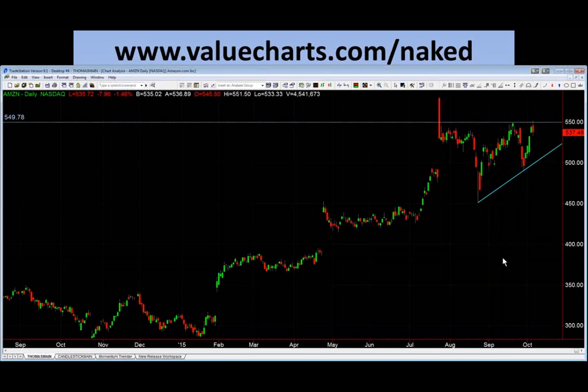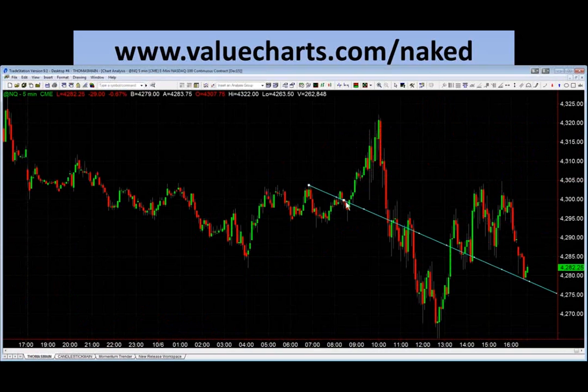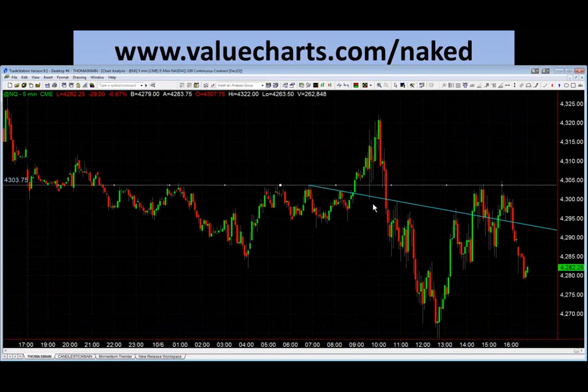So what about Nasdaq on a 5-minute chart? Here's Nasdaq on a 5-minute chart. Trend was up, up, up. If you were in the trading room this morning, we talked about this right here. All the indices were in consolidation. And actually, we didn't do a trend line. We did a resistance level and said, watch for it to break through resistance. And it broke and then rallied.